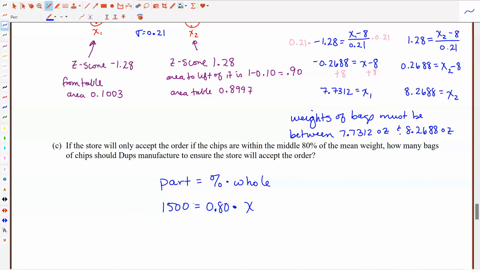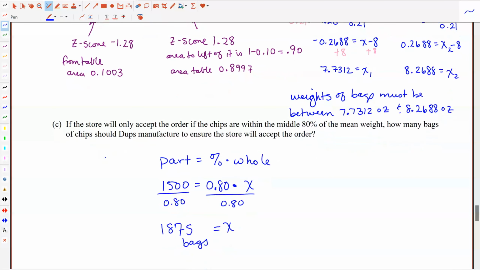So we'll divide both sides by 0.80, and we find that the whole, or how many bags they should make, is 1,875 bags. So that is the minimum number of bags that they should manufacture, such that if they expect to keep 80% of what they manufacture, then they will have 1,500